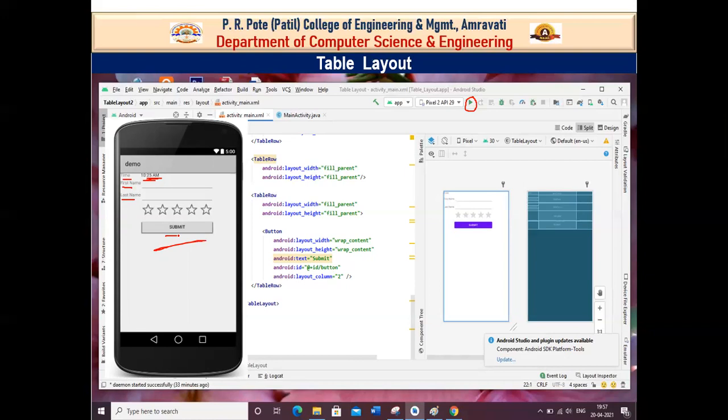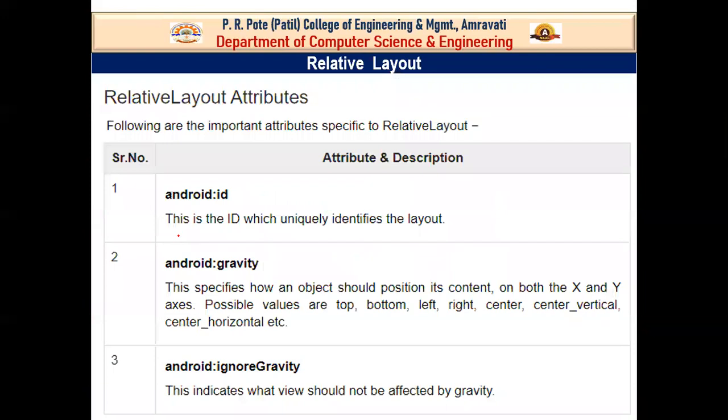Okay, now after that, we have relative layout. Now what is relative layout? In the last lecture, we had discussed the linear and absolute layout. Even we had a practical session on that layout also, and we have discussed properties of this layout.